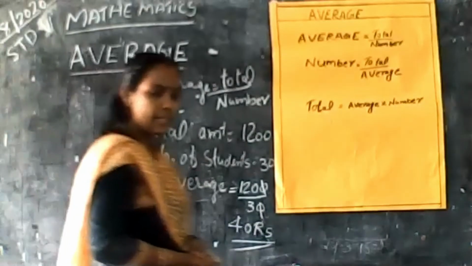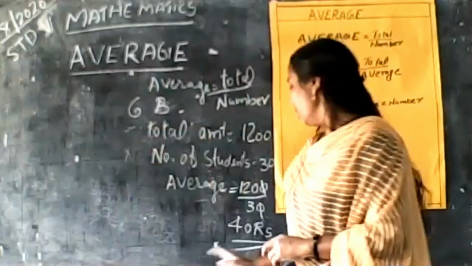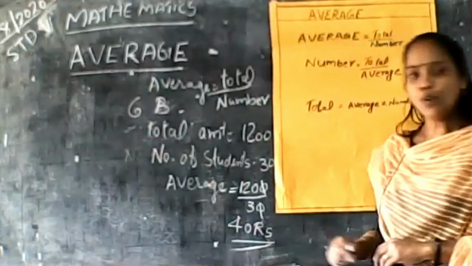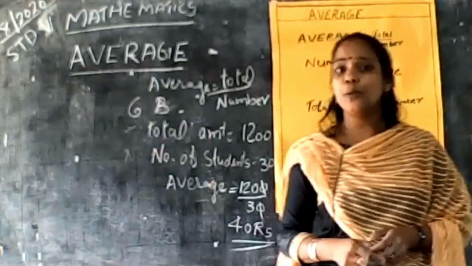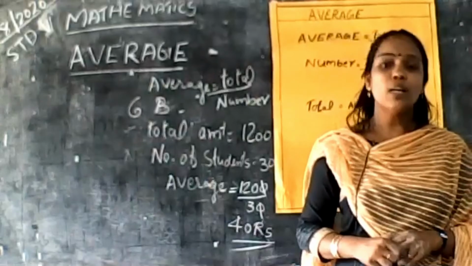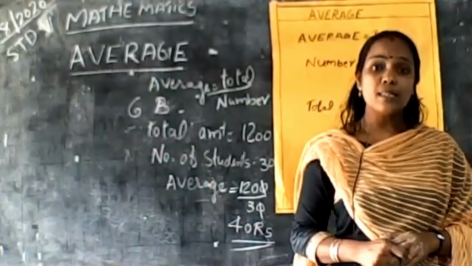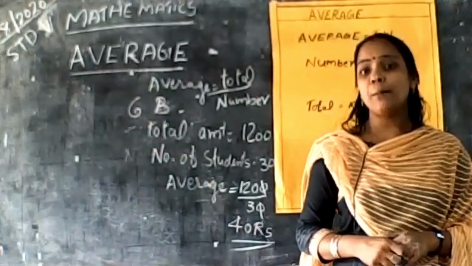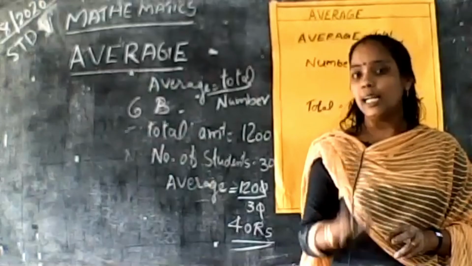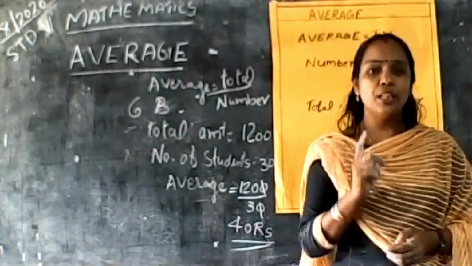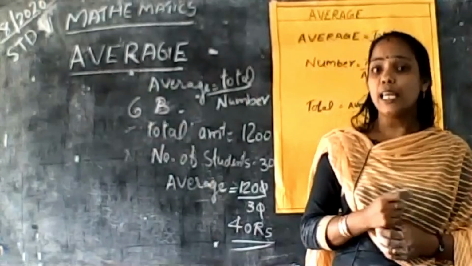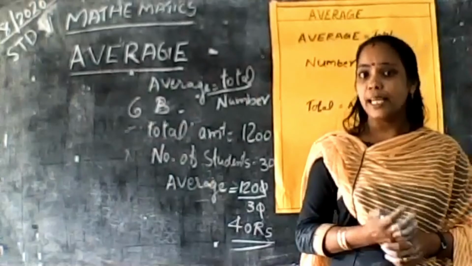Okay, what is the answer you got? 40 rupees. Okay, 6th A collected how many rupees? 1000 rupees. Number of students 40. How many amount given or collected from each student? 25 rupees. In the case of 6th B,